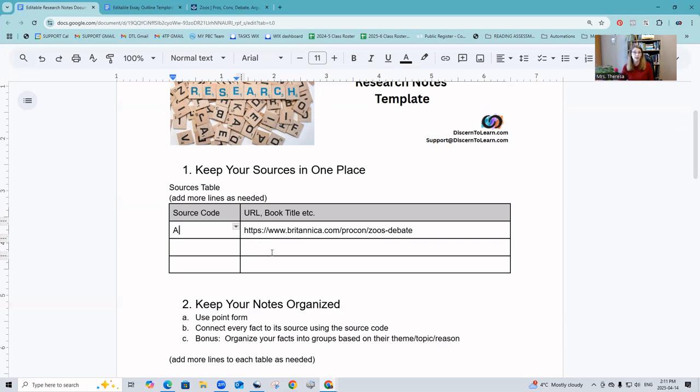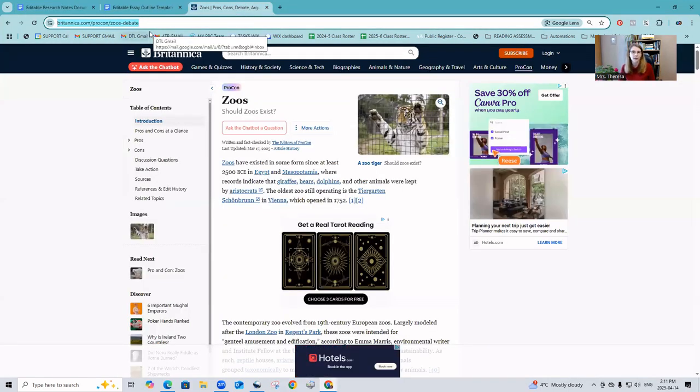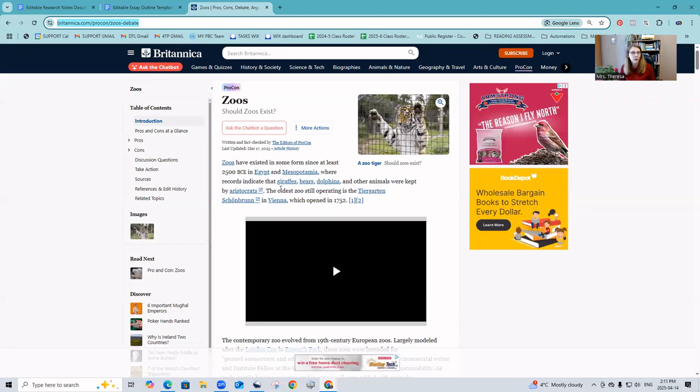No one needs to do that. It's really important just to keep our notes organized because it's less work. That's a selling feature if I ever heard of one. So the first thing we always do is keep our source. And then we want to take a look.